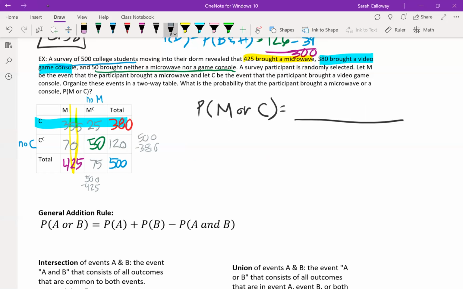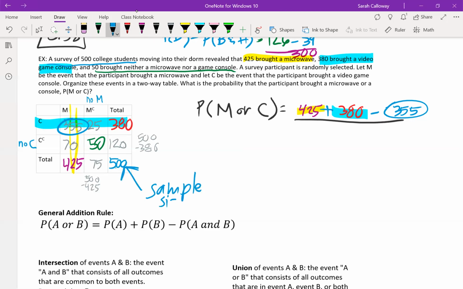So remember, to find the OR, I'm going to add up the total for my column plus the total from my row, minus the total of where they overlap, which is 355. The totals are the numbers at the bottom. I don't even have to add because it's already been done for me. So 425 plus 380 minus 355, divided by my sample size. Remember that that value there is my sample size. So divided by 500